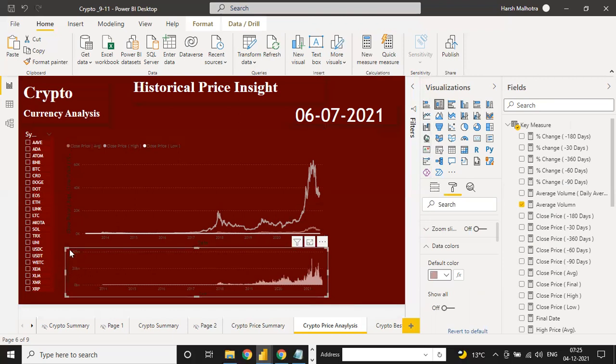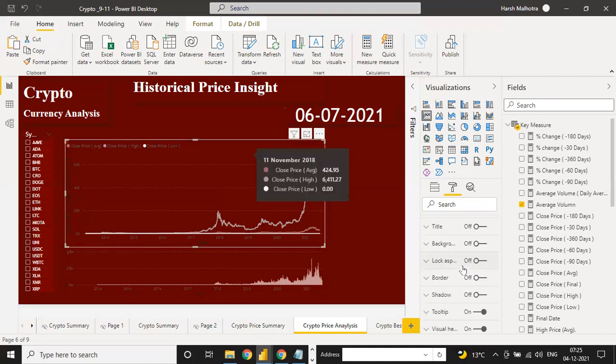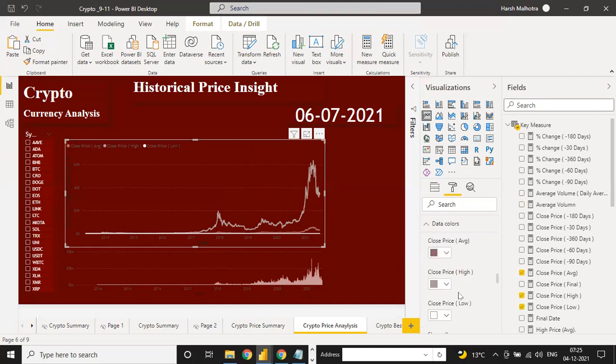And now see in the y-axis we have this black line. We don't need that black line. Okay, so in the y-axis you can go up to y-axis. So here you have an option of, where is the option, title off. You can just turn the title off. Okay, same way for this also. In the y-axis we don't need those things.